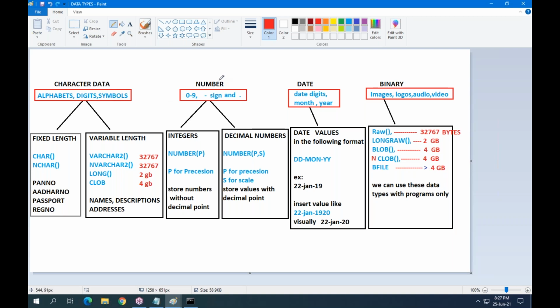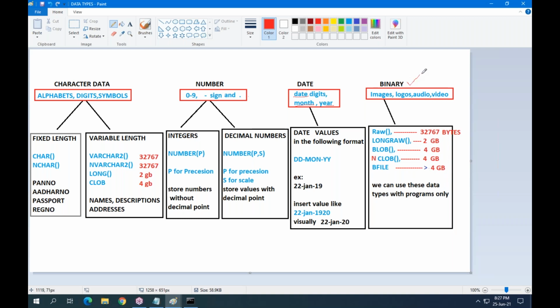Number type data contains digits, plus or minus symbol, and a decimal point. This is numeric data; under numeric data, only these are valid. In the date, we have date value, month number, year number.